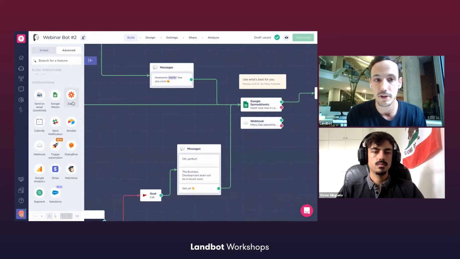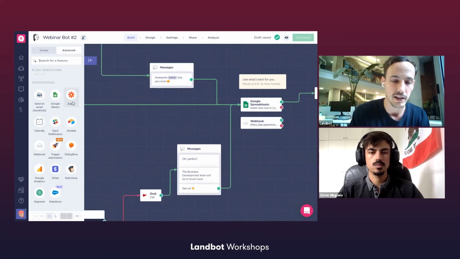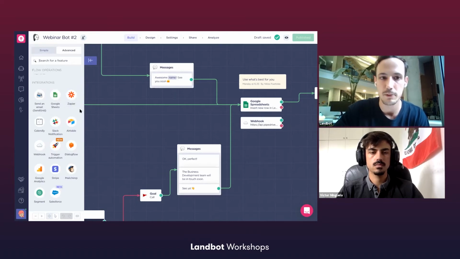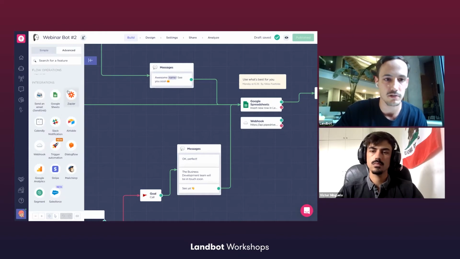You may want to use Zapier or any of the other native integrations. But sometimes you might look for Pipedrive, for example. I'm using Pipedrive as my CRM, but it's not a native integration, so I could go for Zapier. But that's not our case, and we do use Pipedrive. That's because there's a third type of integration, and that's webhooks.